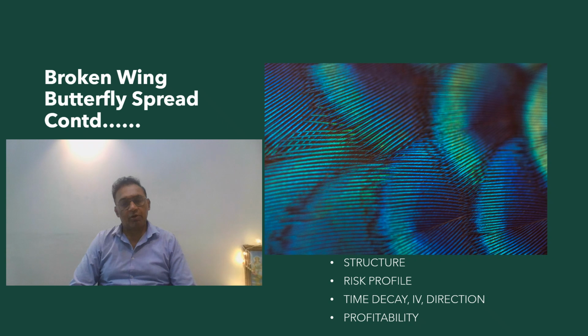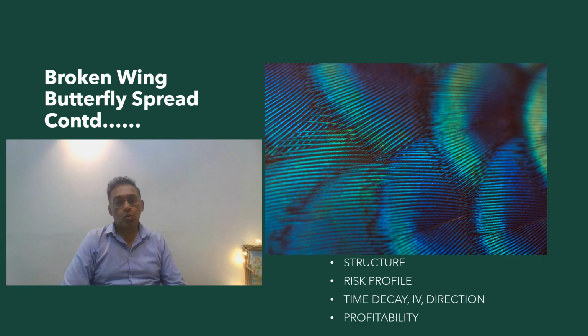In case of the regular butterfly, we have the long strike prices equidistant from the center. But in case of the broken wing butterfly spreads, we have the OTM strike price at quite a distance or widely stretched in order to give us a credit which is higher than or equal to the debit that we place after getting into a long below the short strike price, and that is an ITM and is closer to the center.